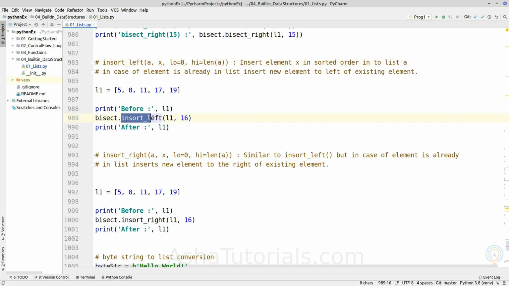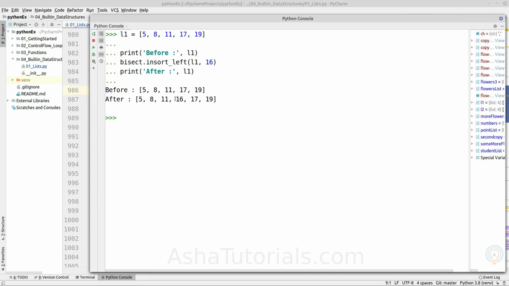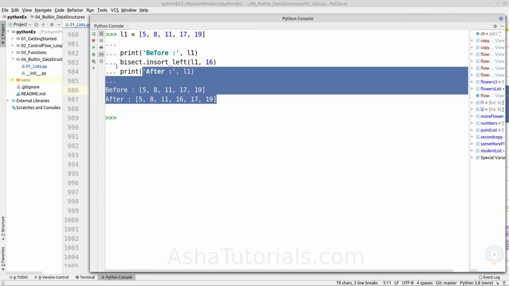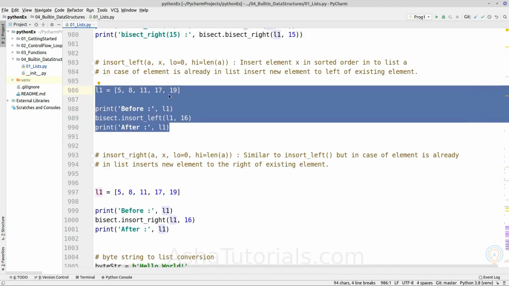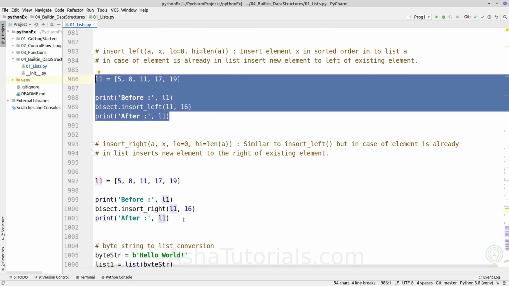Insort left takes L1 and the given element, and it will insert at the position which keeps the given list sorted. Insort right works the same, but in case of a duplicate element, it will insert the new element to the right of the existing element, as we saw for bisect right.